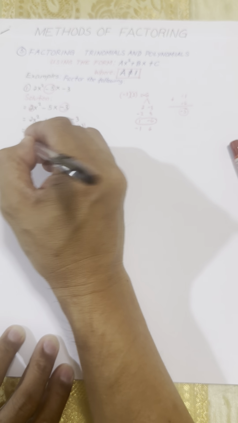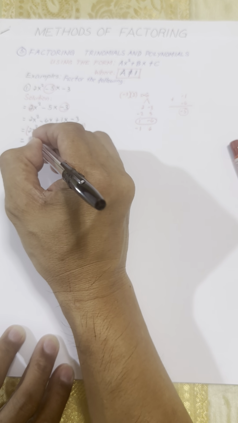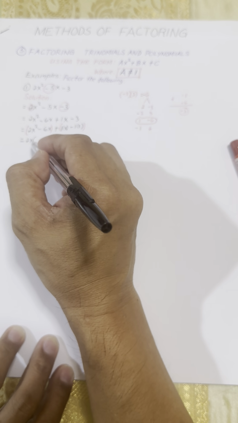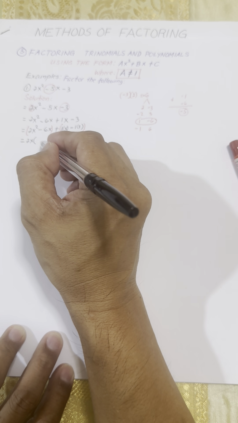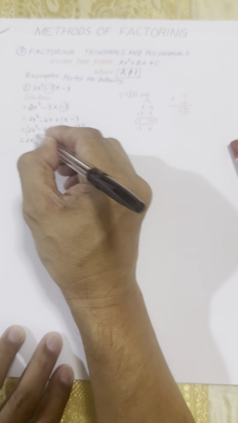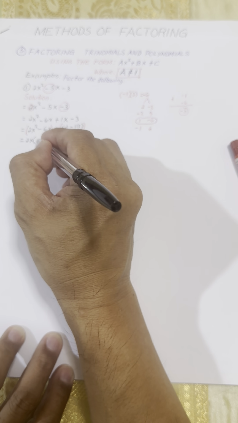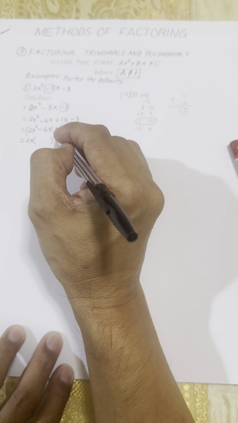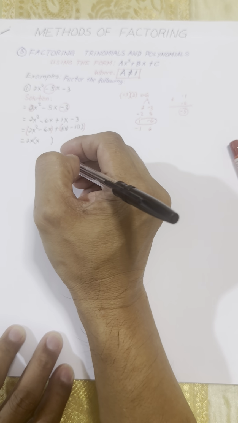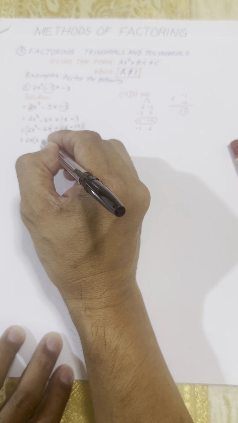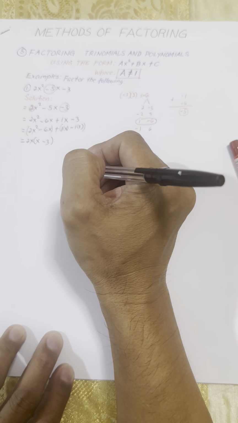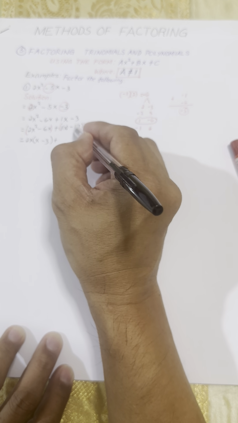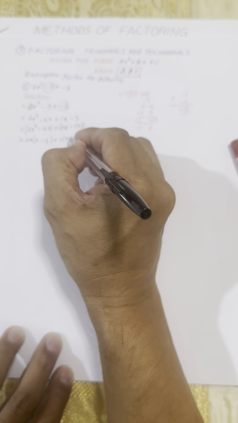So for the first group, what is common? We have 2 and x, so factor out the common factor, which is 2x. This is our greatest common factor, or simply common factor. And then the rule is to divide each term by this. So 2x squared divided by 2x is equal to x, and minus 6x divided by 2x is minus 3. And plus this one, what is common here? Common is 1, so we can factor out 1. So we have x minus 3.